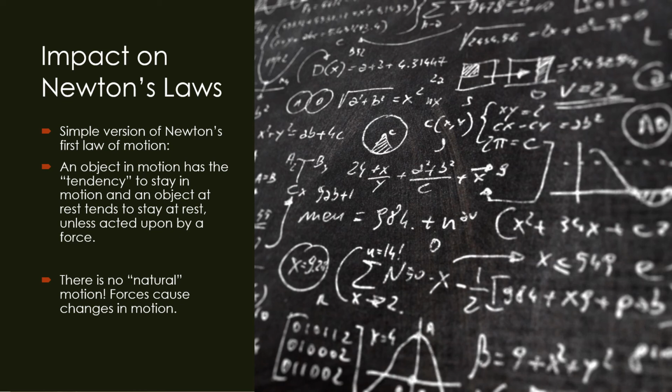So this completely overturns all of Aristotle's ideas at this point. We realize that there is no natural motion, that only forces can cause changes in motion. So if something is falling, it's going to keep falling until something stops it from falling. If something's running, it's going to keep running until something stops it. Or rolling is a better explanation than running. And so this is all the result of this long period of time that passes from Aristotle to John Philoponus, and then from John Philoponus to Isaac Newton.